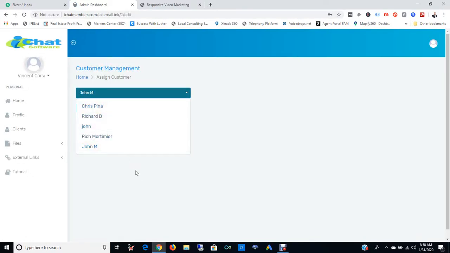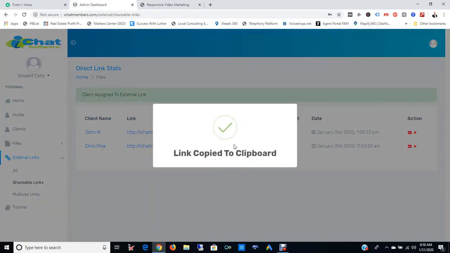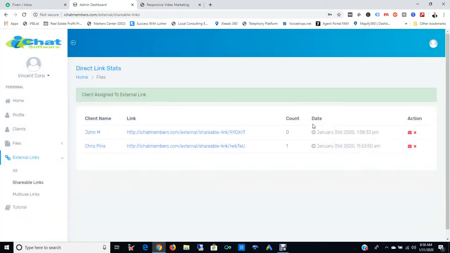And let's just say John, the new client that just signed up. So that file is assigned to him. And at that point, it's also assigned to Chris because I already assigned this file before. But now at that point, what you're going to do is just copy paste this link, just click it, and it'll say link copied to clipboard. Now you would send an email out saying, hey, John, from ABC Roofing, take a look at my website on how it can help you grow your business. Take a look at this iChat software. And I put the link in here, the shareable link right inside their email for them to view it,